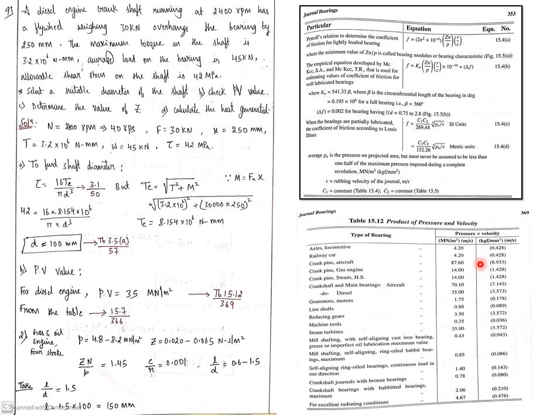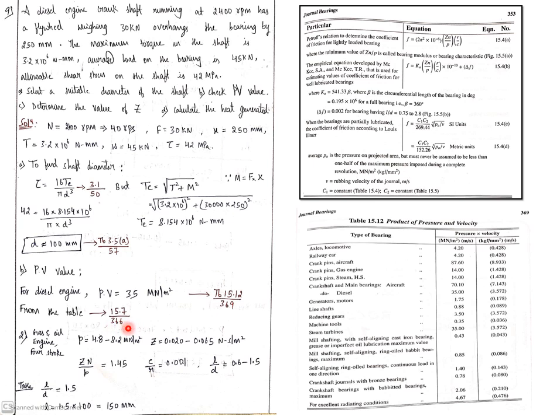So what is actually hanging here? See, 30 kilonewton is the force applied, and the flywheel is hanging at a distance of 250 mm from the bearing. So this 250 mm becomes the distance. If you multiply these two, you will get the moment. The torque he has given in the question. If you substitute torque and moment back here, you will get the value of equivalent torque. Once you get the equivalent torque in Newton mm, you can substitute back in the shear stress equation to get the value of diameter.